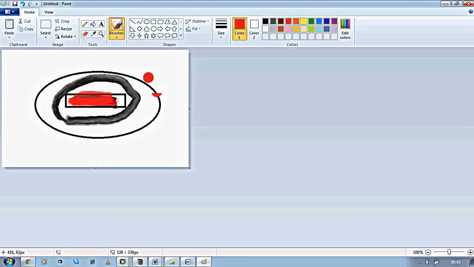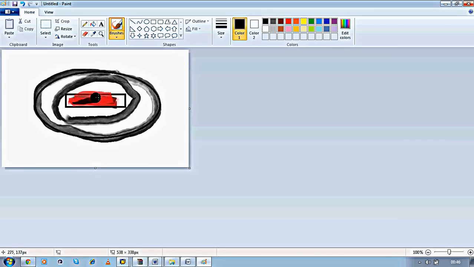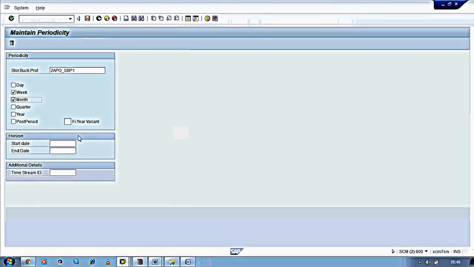In a similar fashion, we are creating a horizon for storing our data. This is our storage bucket profile. I am giving a big horizon, meaning in this horizon I can store my data. But the planning of the data will be done for the next 3 months or next year, depending on the project. In such a way I am giving my storage bucket profile here.